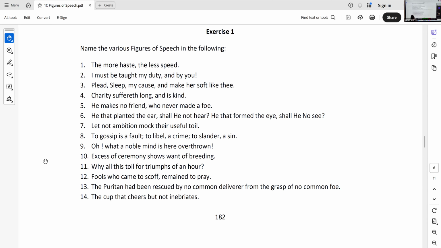The cup that cheers but not inebriates. Inebriates means nasha. When you're intoxicated, that is inebriated. What is being spoken about over here? The cup. The cup is a representation of something. That something is a bigger idea being represented by the cup. This is metonymy. The pen signifying the writer. The sword signifying the soldier. The cup signifying maybe a sporting cup, maybe a tournament cup.